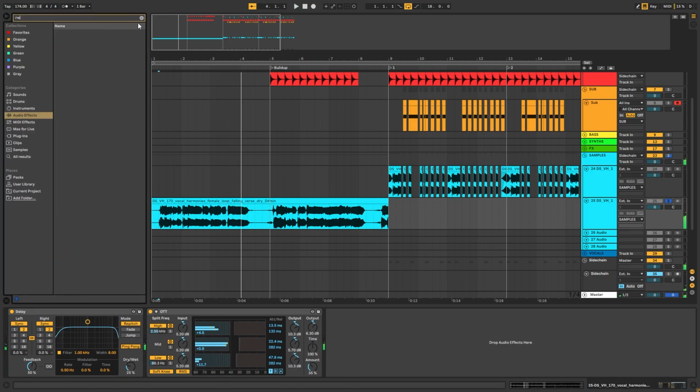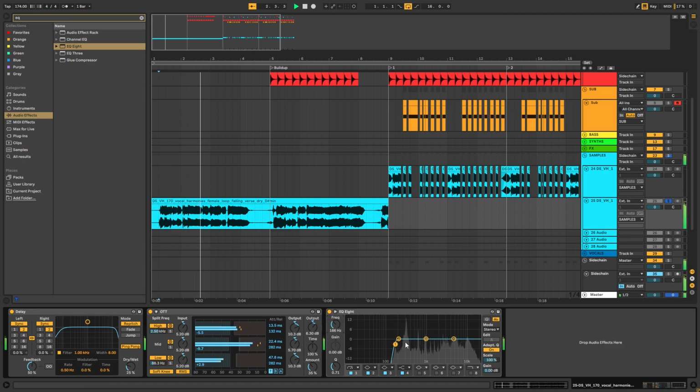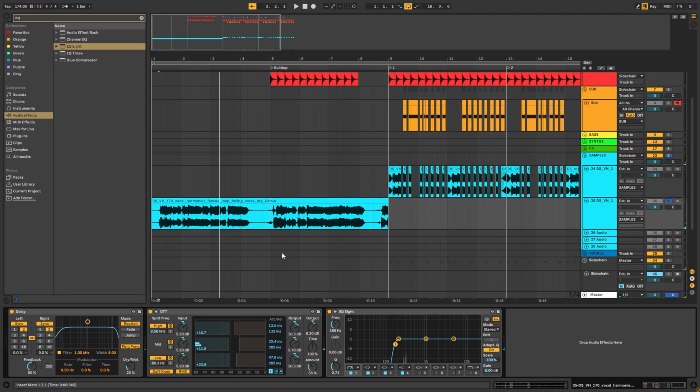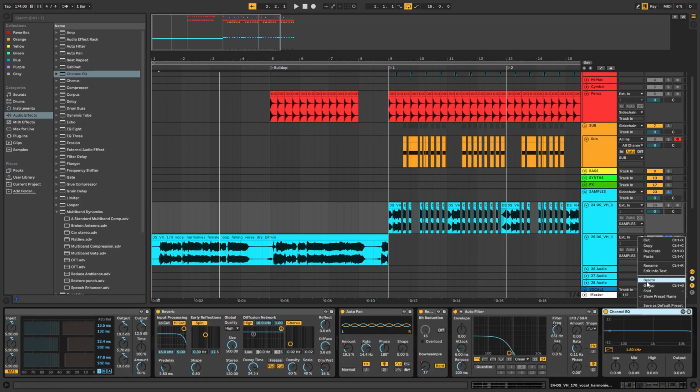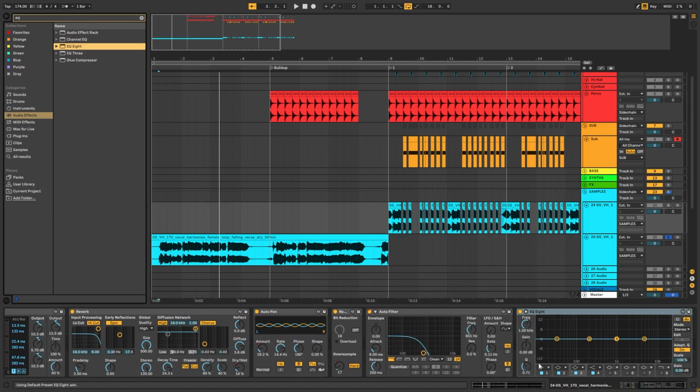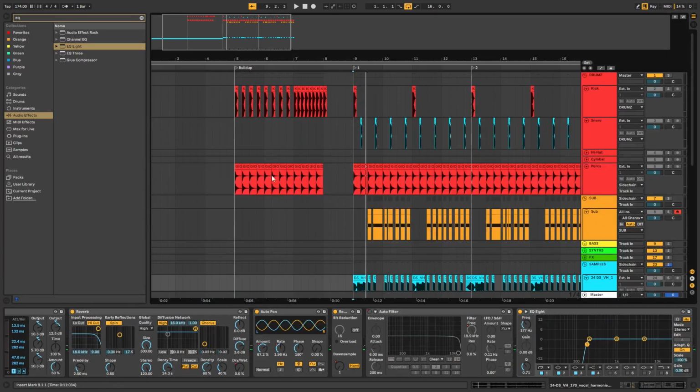And what you can also do is use EQ. You can EQ the low frequencies from the vocals that you don't want to hear. You can also use EQ, not this one, but a classic EQ for your vocals in a drop and for your